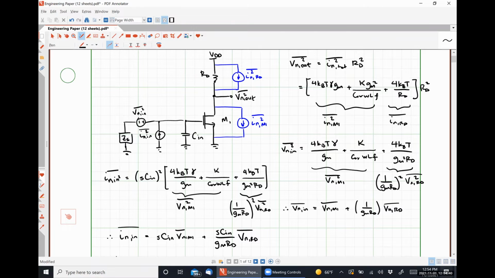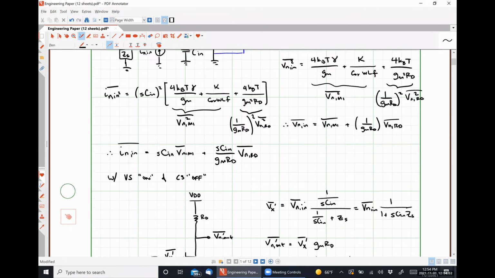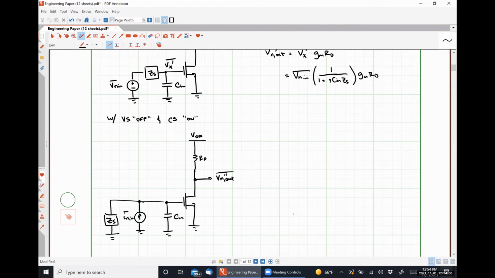Because when I'm doing a noise calculation, well, actually, I don't even need to explain it that way, right? I'm just turning off that input voltage source there. I turn off a voltage source by replacing it with a short circuit. So this is what I have. I'm going to call this voltage at this gate node Vx double prime. And I can say that Vx double prime is equal to IN multiplied by those two impedances in parallel, right? So that should look like ZS times 1 over SCN divided by ZS plus 1 over SCN,